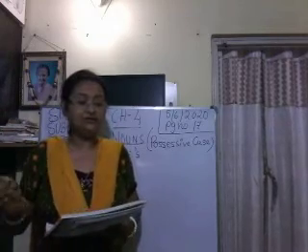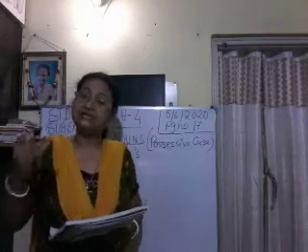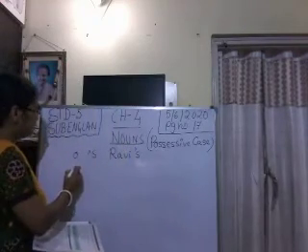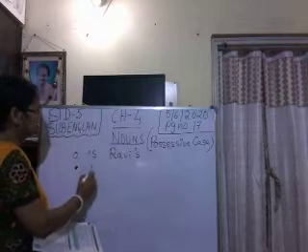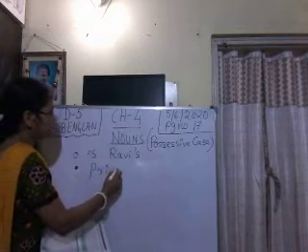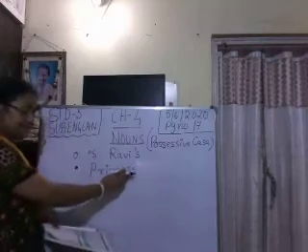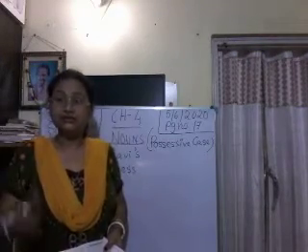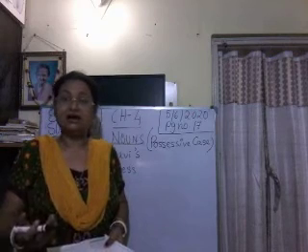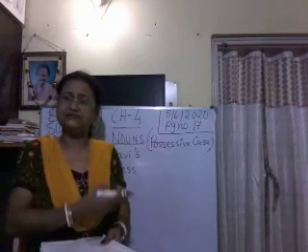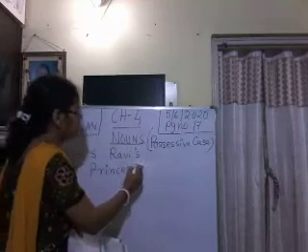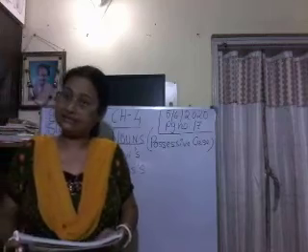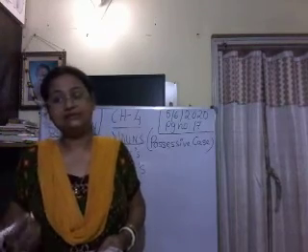Now suppose a noun is singular but it ends with s, then we will follow the same rule. Clear? Now see point number 2. Suppose princess, P-R-I-N-C-E-S-S. It ends with s but princess is singular in number. Then how will we write the possessive case for this princess? Here we will follow the same rule. We will give an apostrophe, then we will put s. Clear? Now in case of plurals, what will we do?